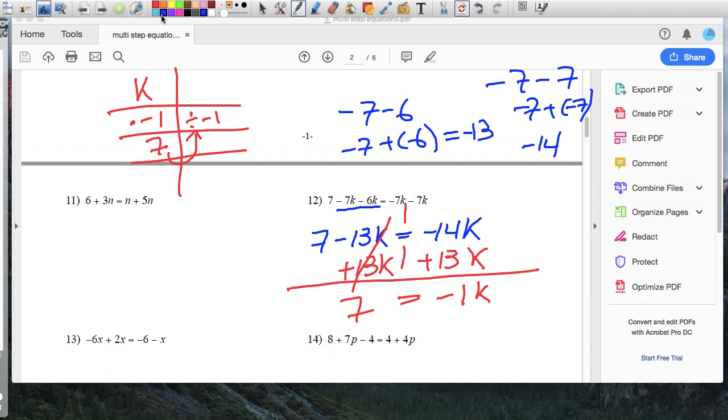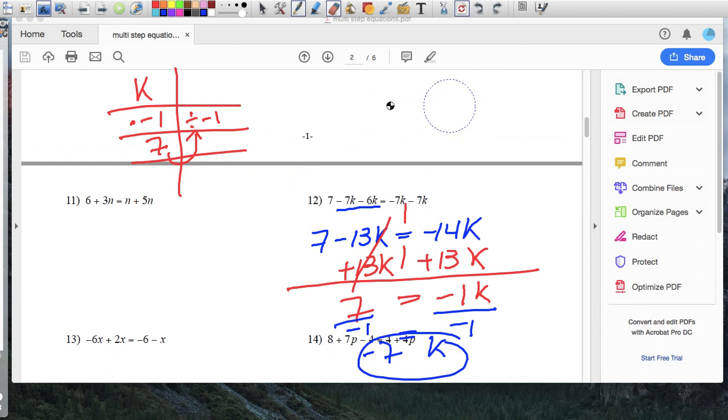And here's what it looks like. If I divide this side by negative 1, negative 1 divided by negative 1 gives me a positive, which is exactly what I want. I don't want a negative variable, and that's going to give me just 1k or k. And here, negative 7 divided by negative 1 is negative 7. So k equals negative 7. So 7 minus 7 times negative 7